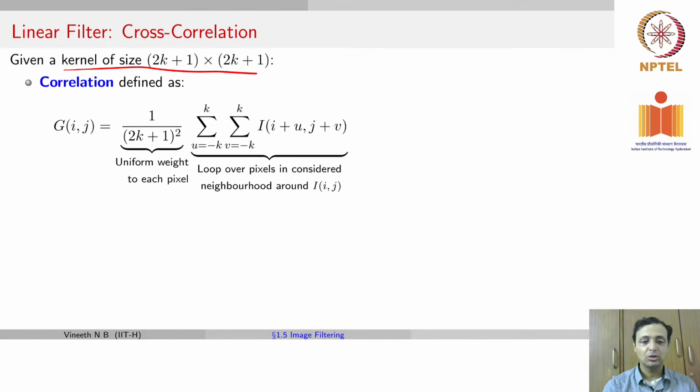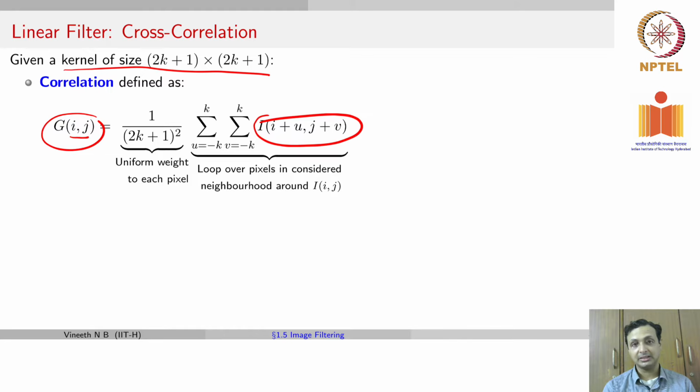kernel of size 2k plus 1 cross 2k plus 1. So in our case, if we took a 3 cross 3 filter, then k would be 1. Okay. And then we define this operation to be correlation because it's simply a dot product between two quantities. So your input I and then your output G. Your output G at a particular location i comma j is given by,